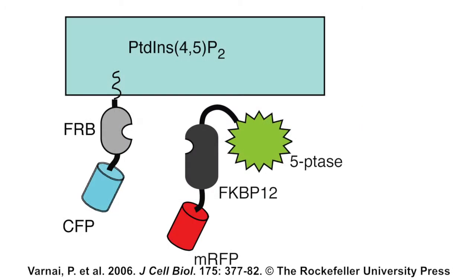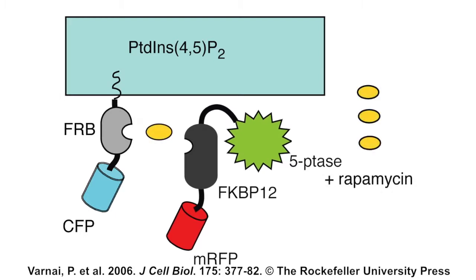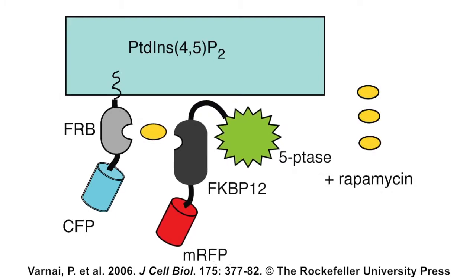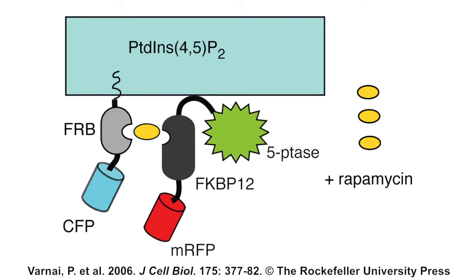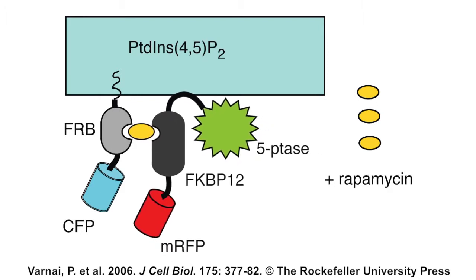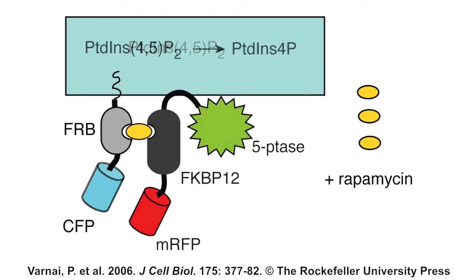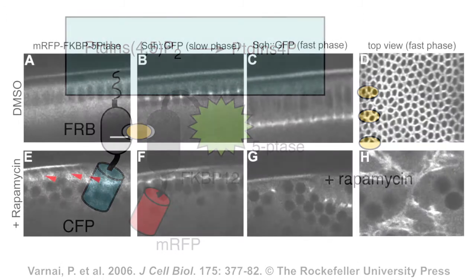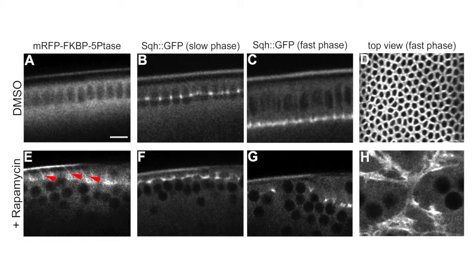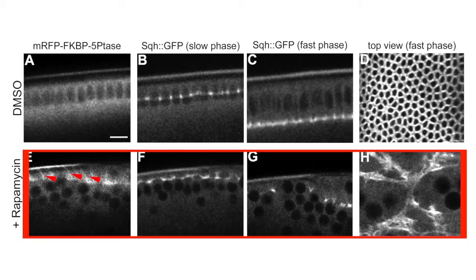To investigate whether the phosphoinositide is required for actomyosin constriction, Reversi et al. used a protein dimerization system, in which the small molecule rapamycin is injected into fly embryos at different time points to induce the recruitment of a lipid phosphatase and the rapid turnover of plasma membrane PIP2. Injection of rapamycin prior to the beginning of cellularization causes a complete disassembly of the actomyosin network and disassembly of